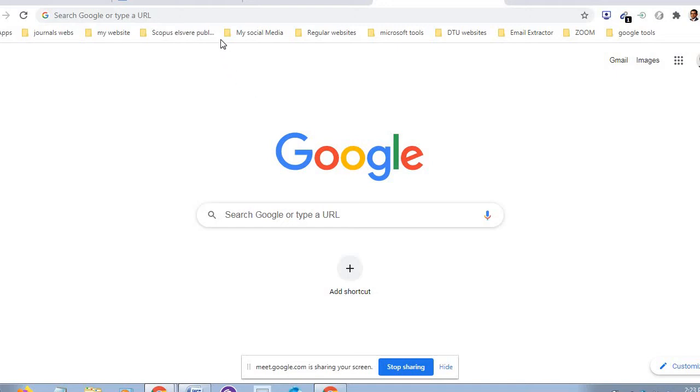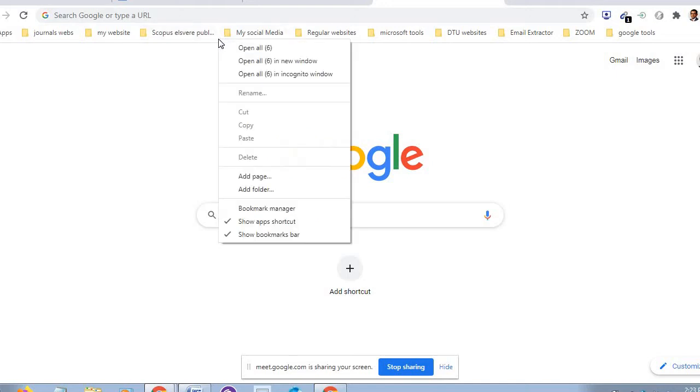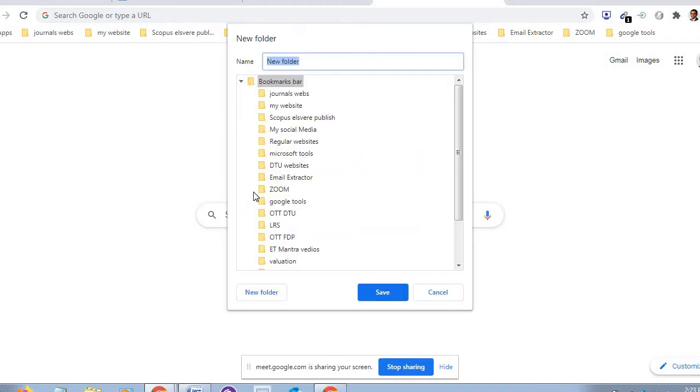Say for example, if you want to add one more folder here, just put the cursor here, right click, and you can add a folder. Folder name I'm giving, say for example, today's session webs.